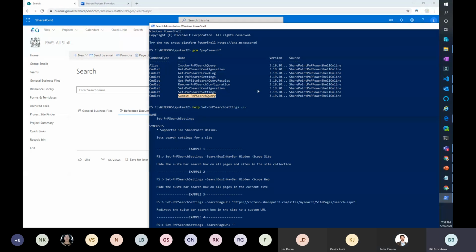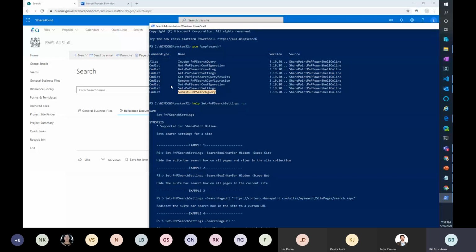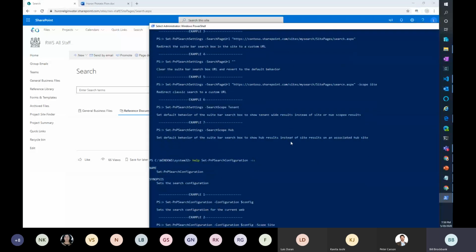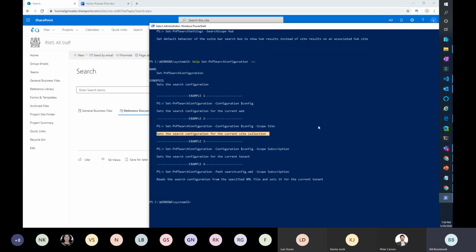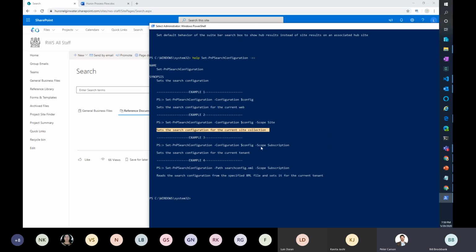You wonder where the difference is, but I believe this one lets you do some settings related to, I'm trying to figure what they are. Set search configuration for current site collection. Yeah, so this changes configuration in a different way. So this is where you can set for tenant.